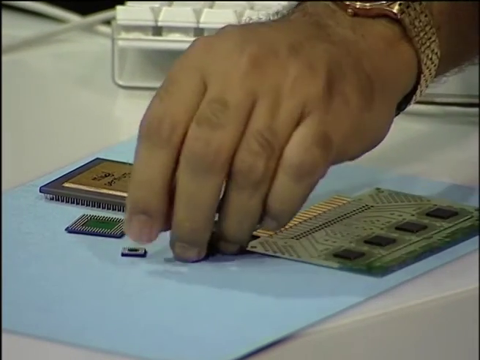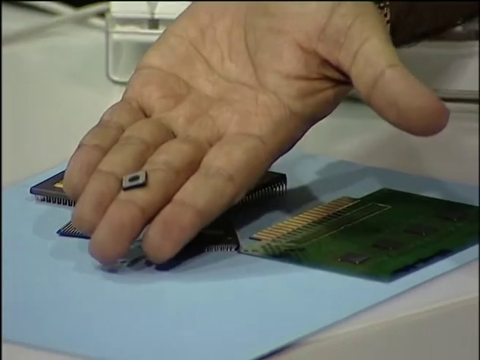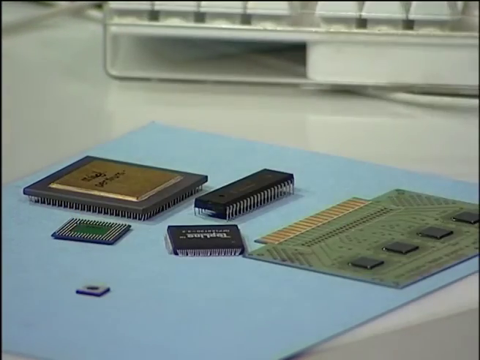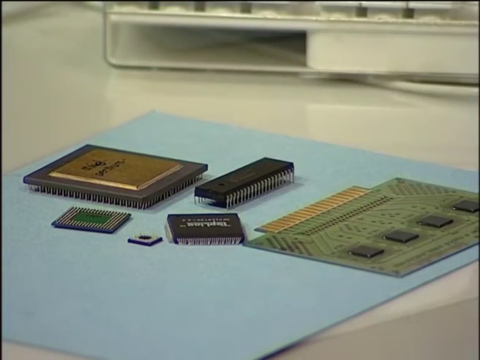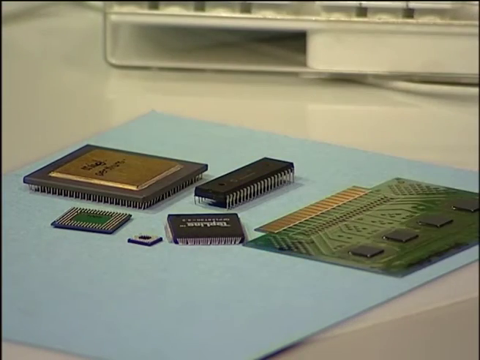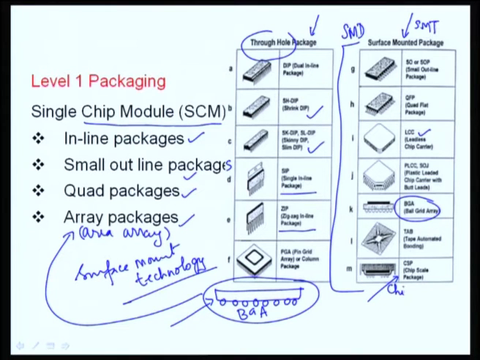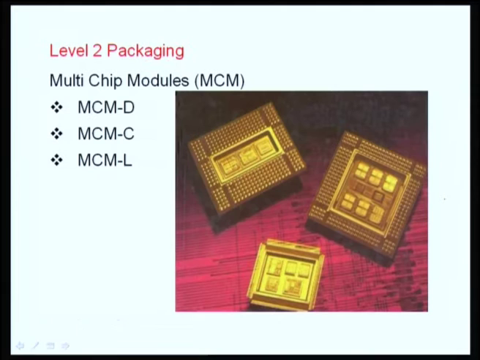Okay. There is a solder ball, but it is a very small device and the package volume is very less compared to a ball grid array. So, chip size or chip scale package, it is also known as chip size package. These are the current technologies, the BGA and the chip size package are very current technologies, and we are going to see more of that.